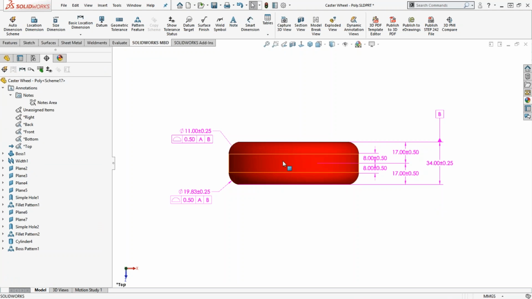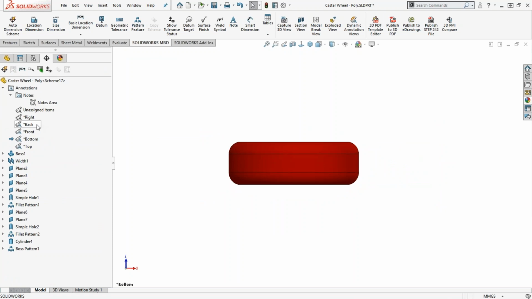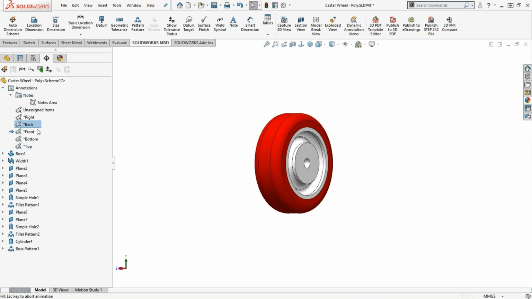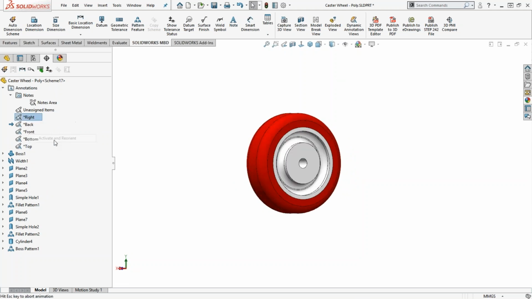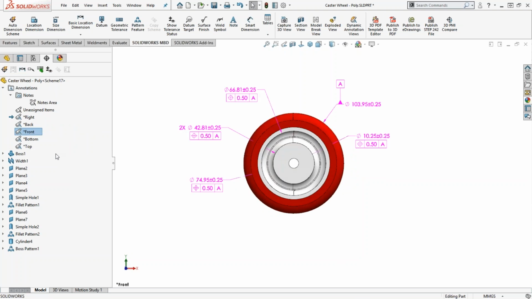All right, there we are. So now, one last check of everything. We've got an empty bottom view, a front view, empty back view, and an empty right view. Let's go ahead and activate and orient to the front. I could, if I want,